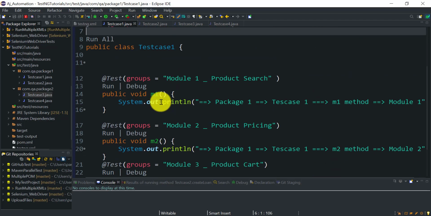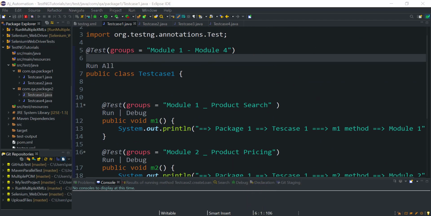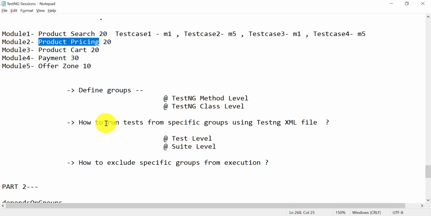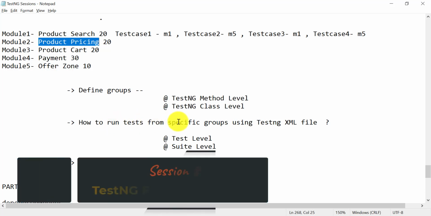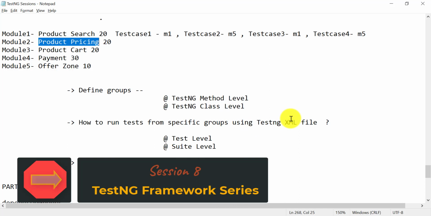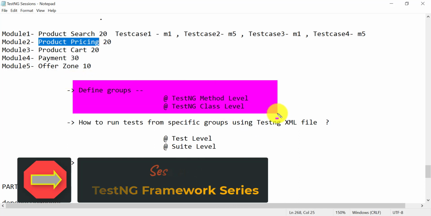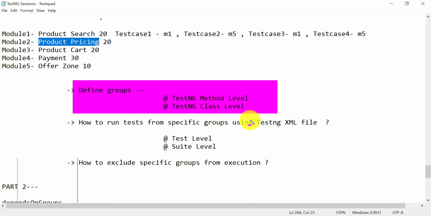So now as we have defined our TestNG groups, our next thing is how we can run these TestNG groups. How am I going to run the tests from a specific group using the TestNG XML file? Once you have defined your TestNG groups, then when you want to run that particular group, okay, so